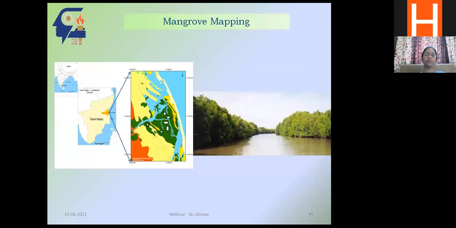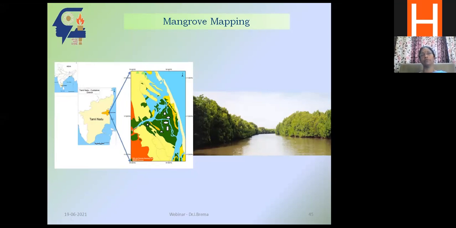This is another important one. If I take the East Coast, we have mangroves mostly on the East Coast of India only, in some portions of Tamil Nadu and some portions of West Bengal. A good considerable quantity of mangroves is there. So conservation of mangroves is very important, of course, with the increasing number of cyclones that we are facing, it is highly necessary. And another problem in this is identification of species.